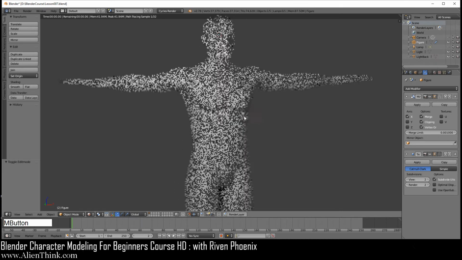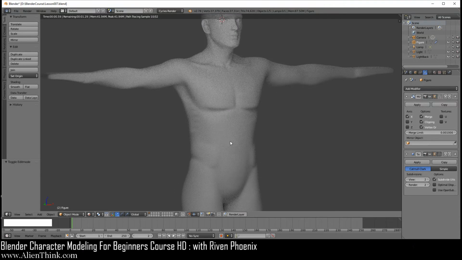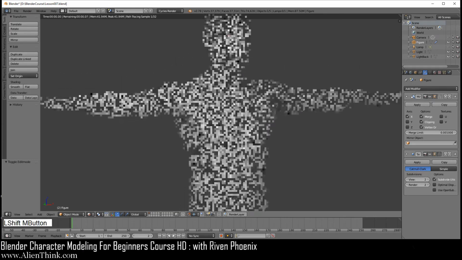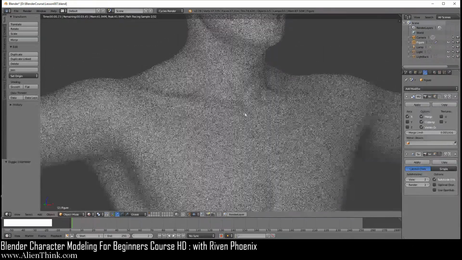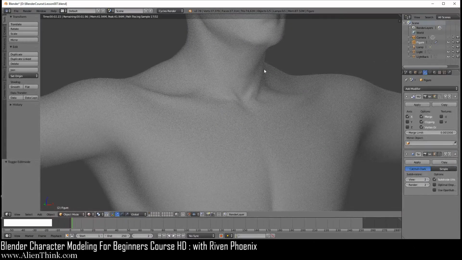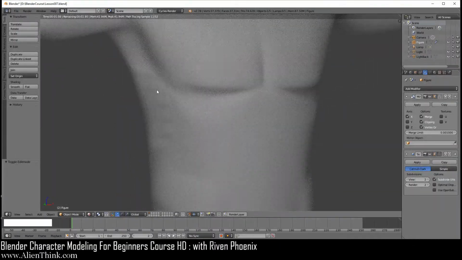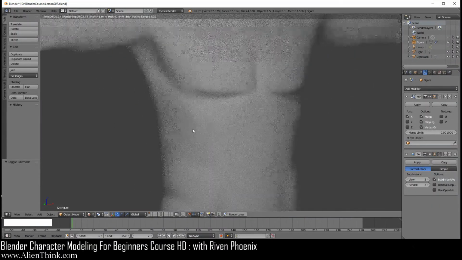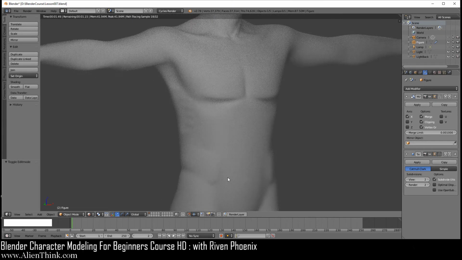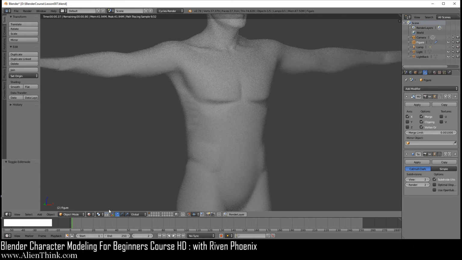And if you do the middle mouse button, you can see how we've quickly defined this area. Let's go ahead and zoom in on the neck so you can see how this works over here. Okay, so you can see how we've got this surface anatomy working. Let's pan it up into these serratus muscles. You can see there's a very subtle feature. And of course, all of this is going to make sense once we add the abs and all this stuff over here. Okay. Now let's go ahead and go into the solid view.